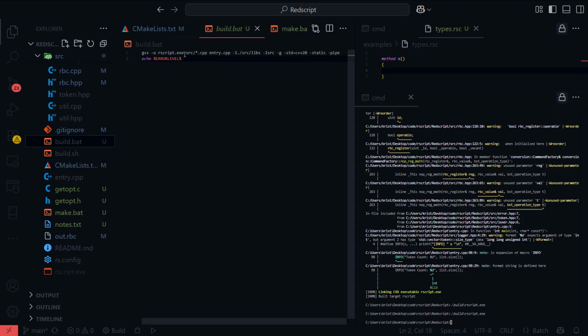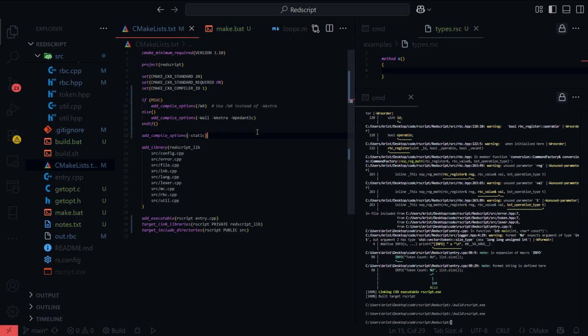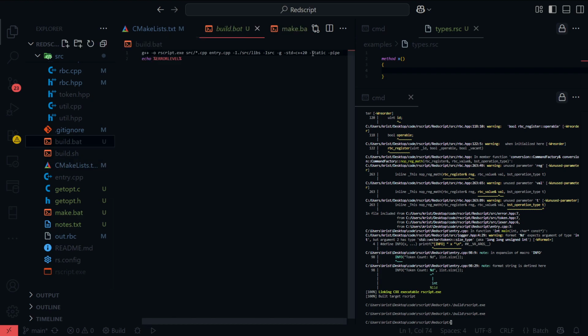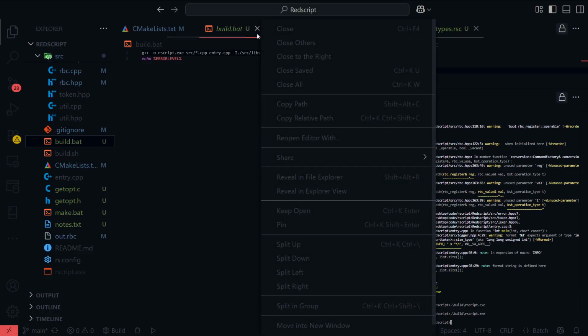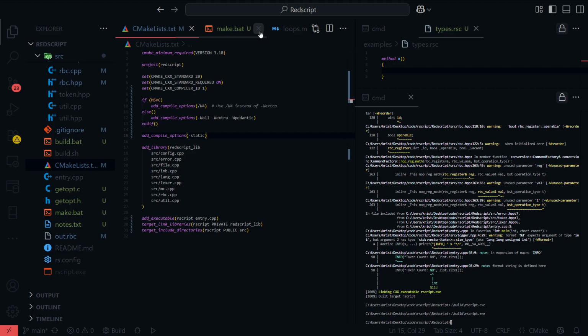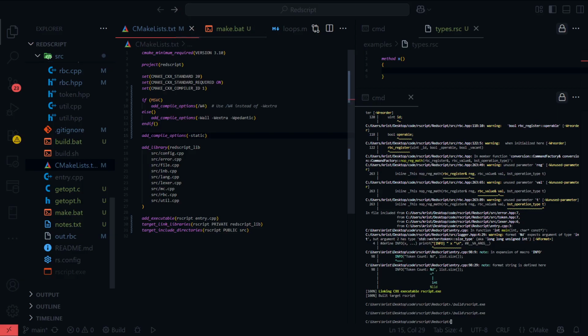What do I use for my build here? Strange.